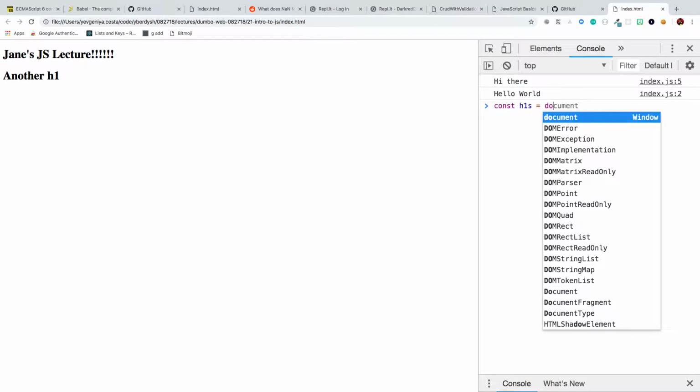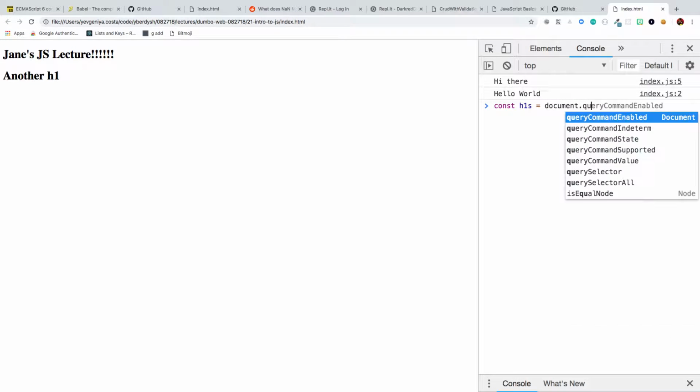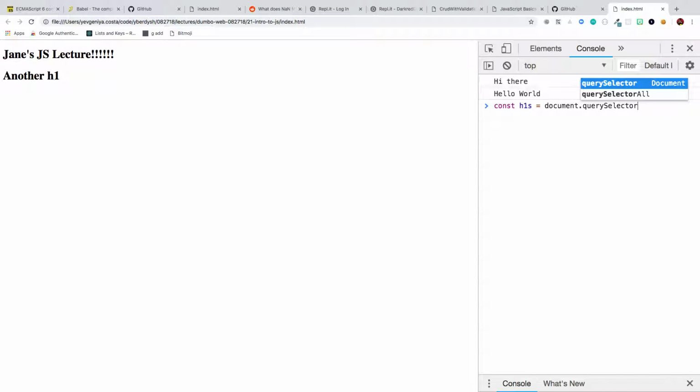Okay, we can do that. We can also use other stuff like getElementsByTagName. What do you think this will return? The point of doing this kind of stuff when you use JavaScript is you select a bunch of elements at once and then you do something to all of them. So what do you think this should return?